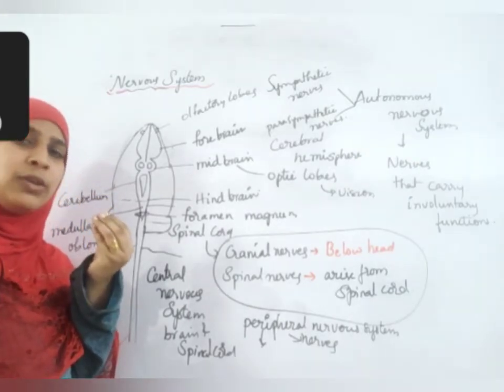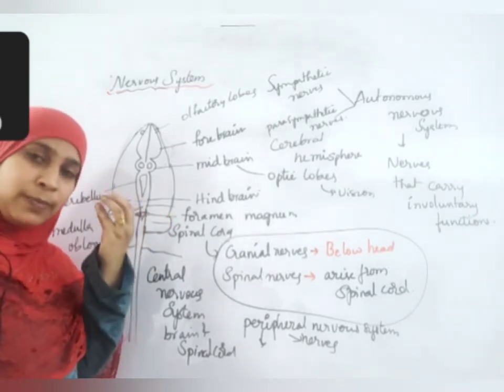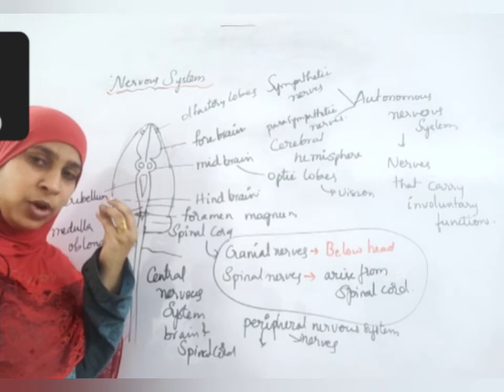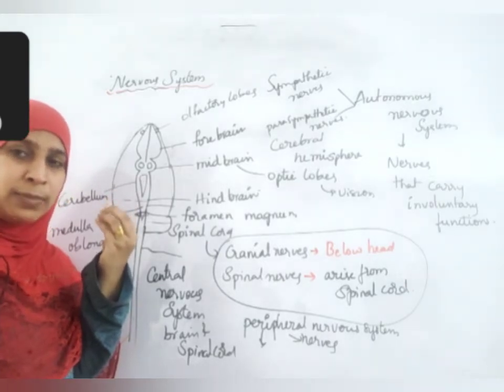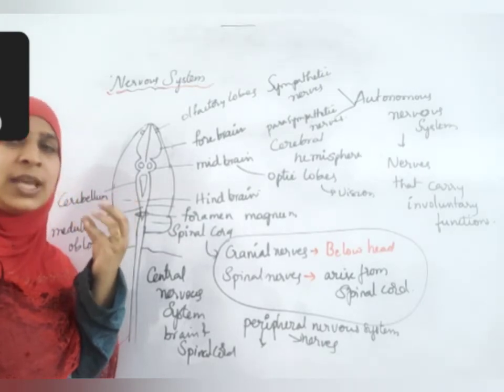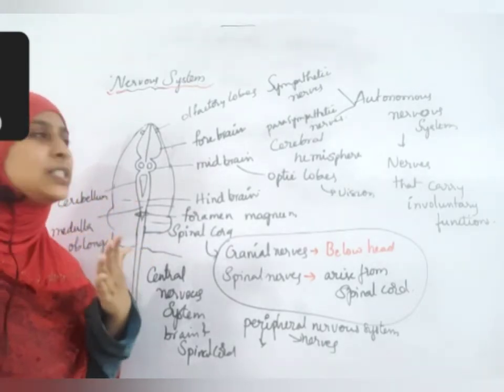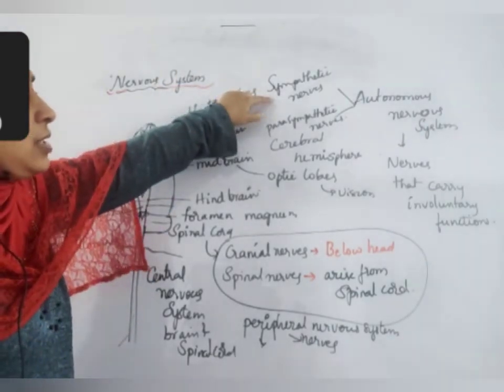You see in Cartoon Network, if someone is astonished, the eyes of that cartoon will become very round, or they become very small if they are in some tension. That pupil size will increase or decrease, blood vessel size will increase or decrease, we get sweat, our heartbeat will increase. All these are related to the sympathetic nervous system.